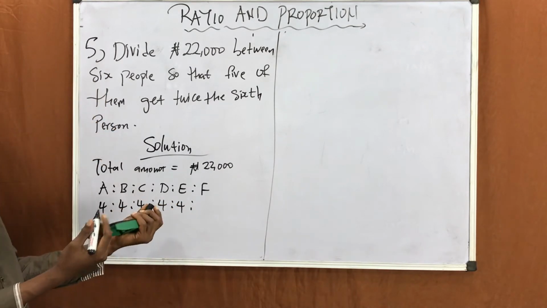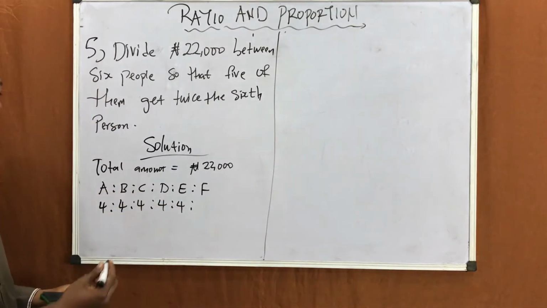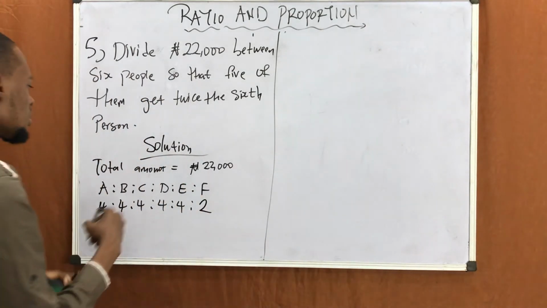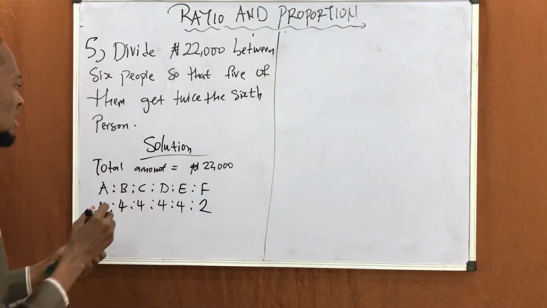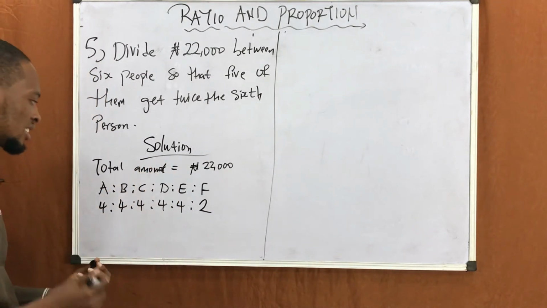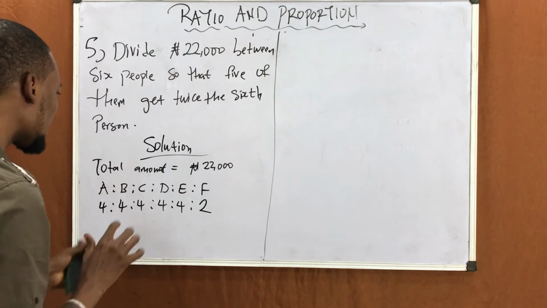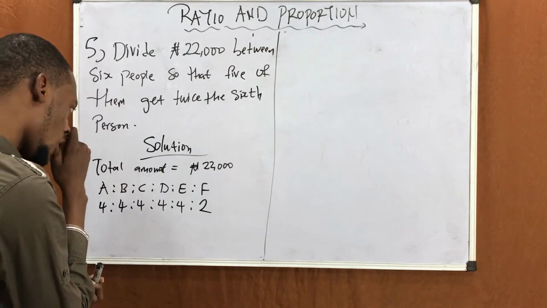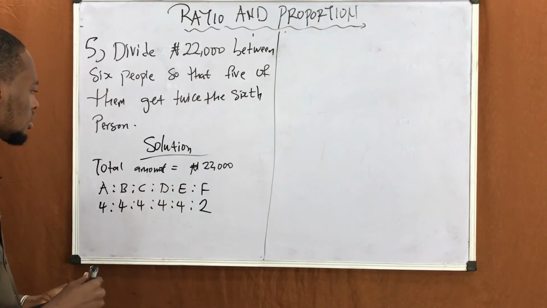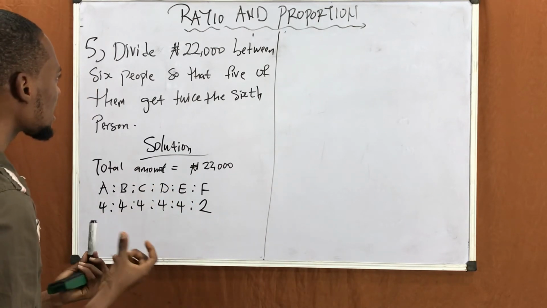Then what will F now take? 2, which is half. So that's what the question talks about. So now that we have this, to solve, the first thing to do is let's find the